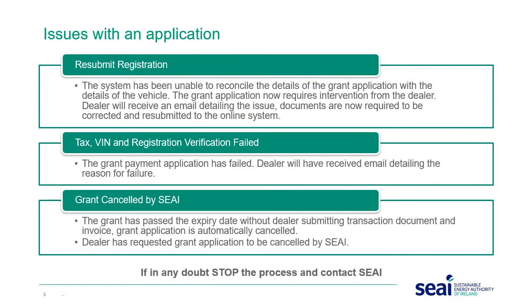There can be some issues with an application. If the application is at resubmit registration, it means that the system has been unable to reconcile the details of the grant application with the details of the vehicle. The grant application now requires intervention from the dealer. The dealer will receive an email detailing the issue, and the documents are now required to be corrected and resubmitted